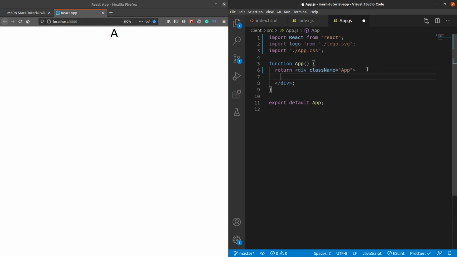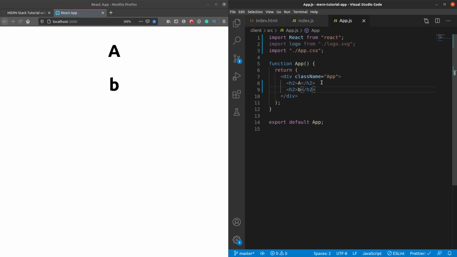So if I want to return more content in here, say for example an h2 tag which says A, you see the A format has changed. It has adapted to h2 type. Okay, and you can write anything, you can write a P tag and so on. So that's how React is going to get all the HTML content and show it.